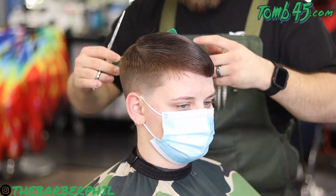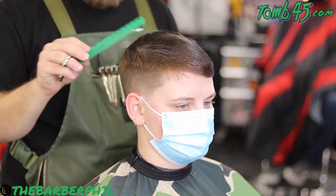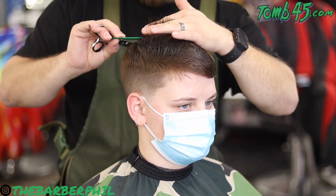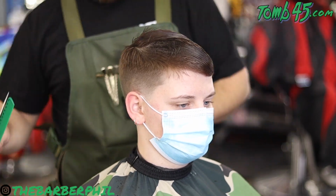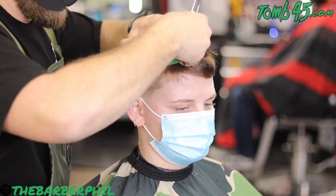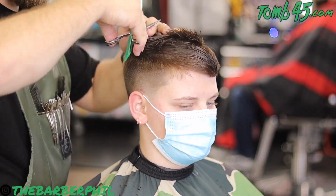So her hair wasn't long enough to really do block graduation per se, but I did section it off a little bit so that back fell down into the parietal ridge area nice and blended. And then from here, I'm kind of working everything towards that section that I started with in the back. Once I get to about the mid area of her top here, I did step off to the side and I started working from that left to right,